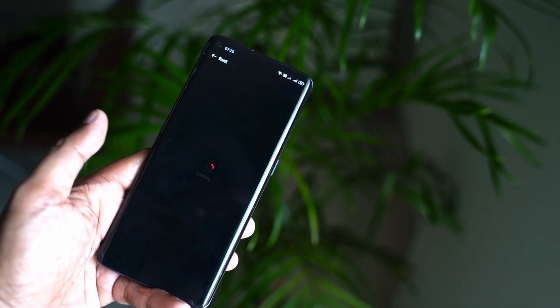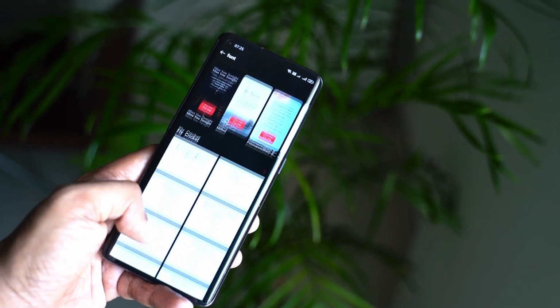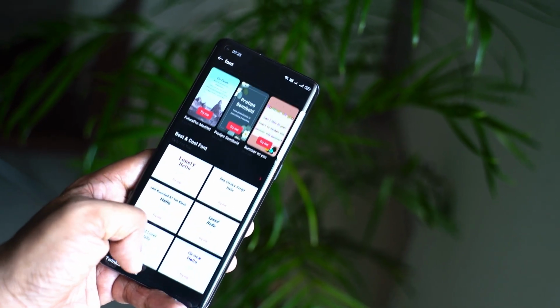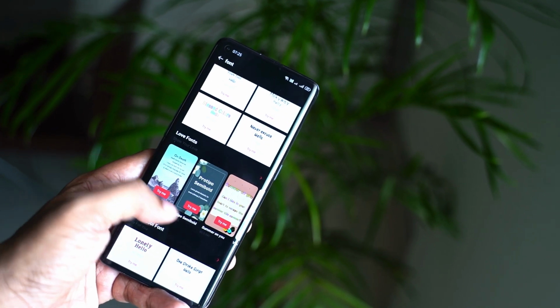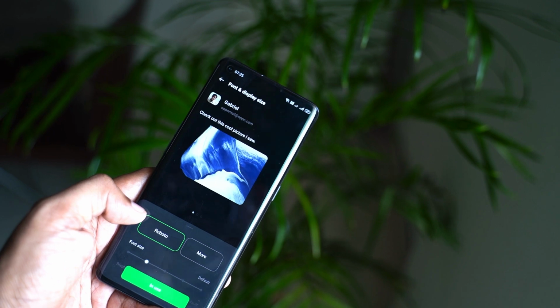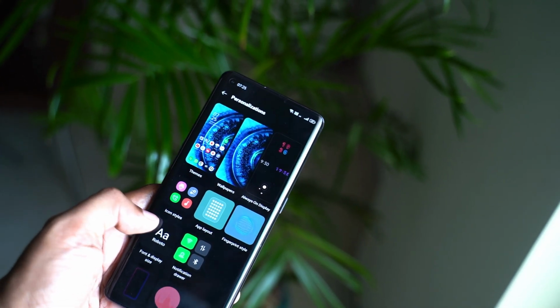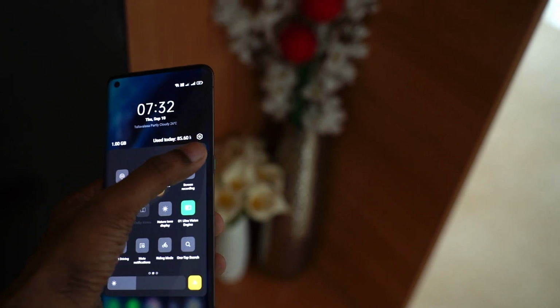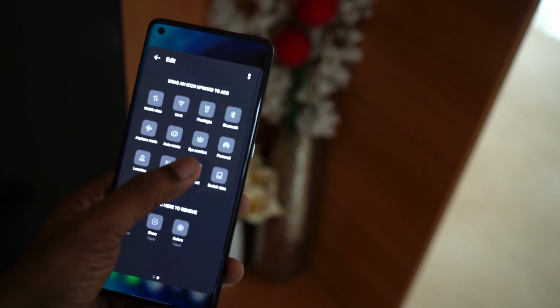Now again the same story repeats in the font and display size. In the font category, if you go into more fonts from stores, you'll find that almost all the fonts are paid ones, and there are almost no free fonts available, and I don't want to pay any money for a font. And in the notification drawer, you can design the shapes of the notifications, be it round shape, pebble shaped, and all those. That is the only customization available here.